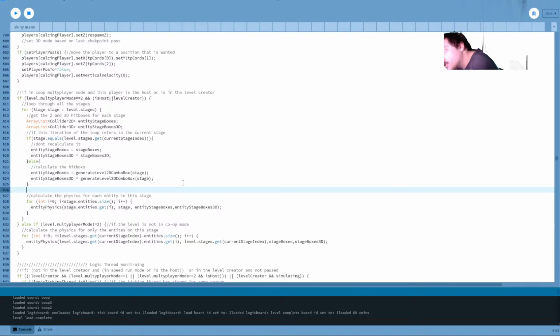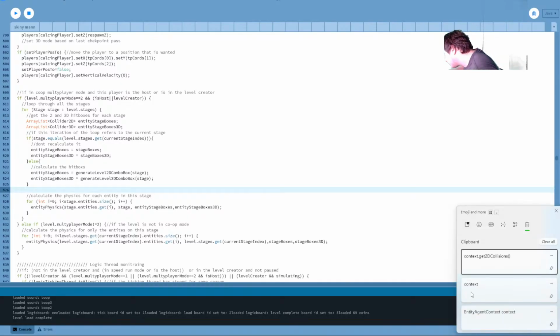Wait, hello. If this iteration loop refers to the current stage. Ah, yeah. Well, we'll figure out the 3D hitboxes thing later. Actually, I might just be able to make this thing return all of the stages in 3D. Whatever.